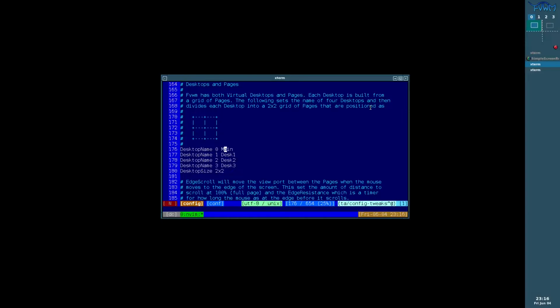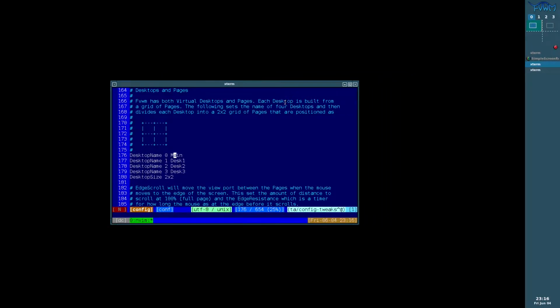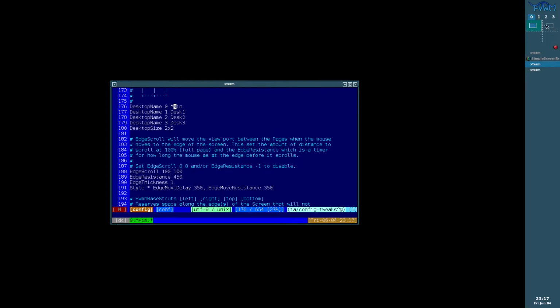So Pages allow you to subdivide the desktop even further to give you more granularity over how you might want to organize any windows that might want to be on this main desktop, as we're calling it. And the fundamental difference between Pages and Desks is all of the windows on Pages are still visible. And I said before that with Pages, the root window is therefore larger than just the one thing you are viewing. And if I just scroll a little bit further, you'll see